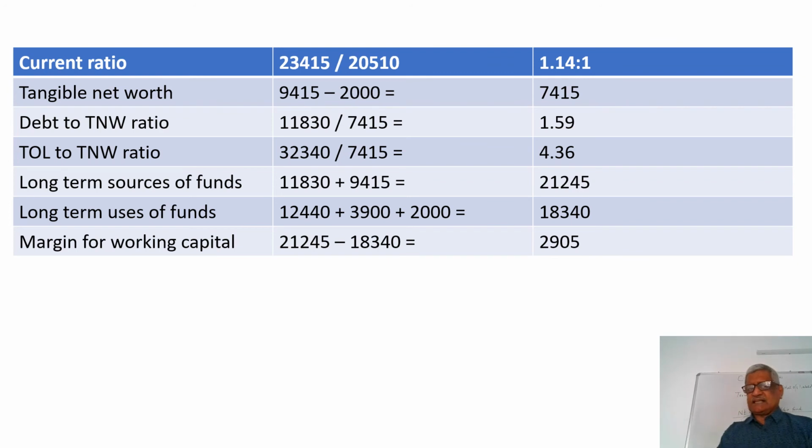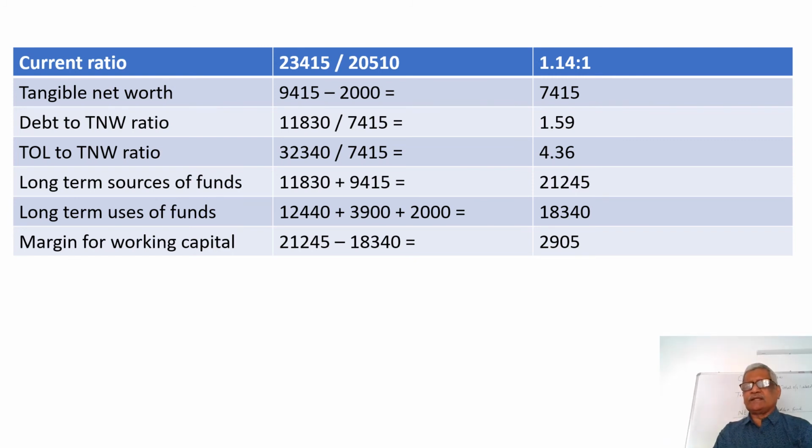Now you look here, the first one is the current ratio. We have the current assets, we have the current liabilities. How much of the current assets do I have which can be converted into cash in the next 12 months to meet my liabilities which are arising within the next 12 months? It is 1.14. Whether it is satisfactory or not depends on the lending policy of the bank. We have to find out whether it satisfies, or is it that the bank is looking for 1.25 or 1.35, in which case we may have to stipulate such conditions which will improve the current ratio.